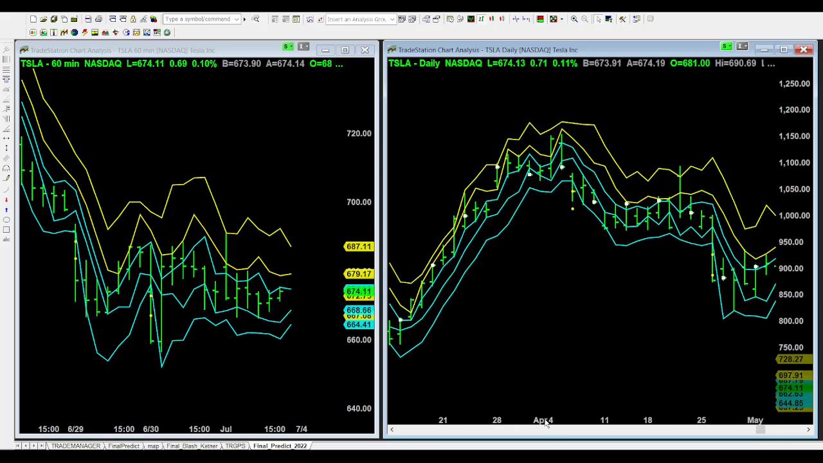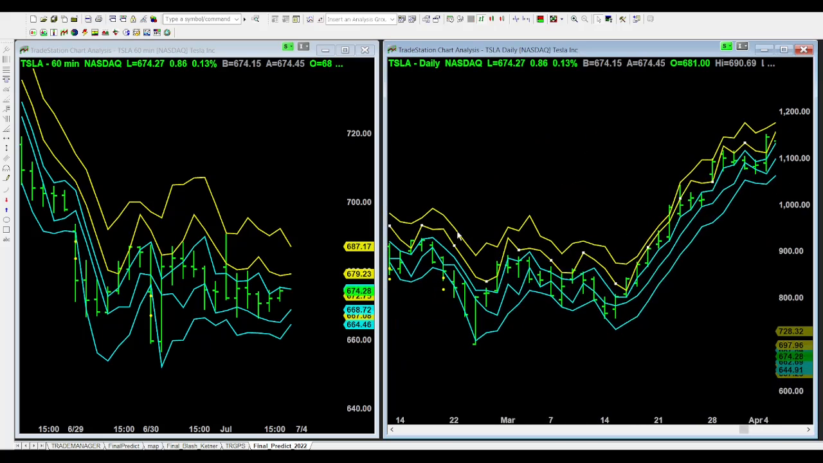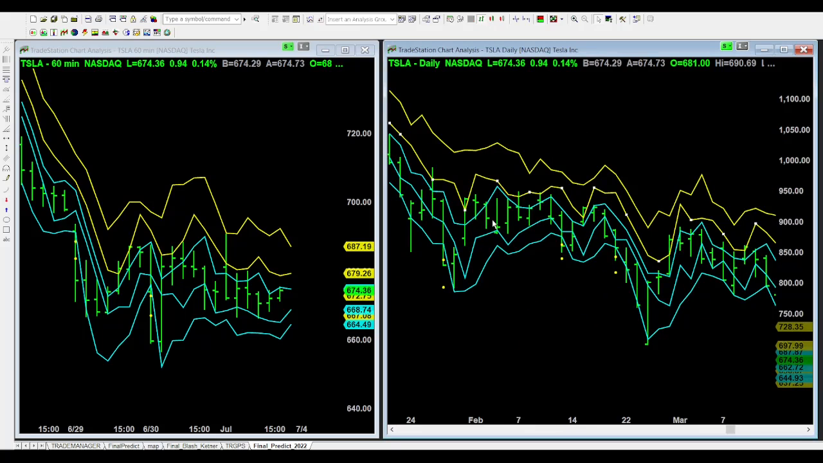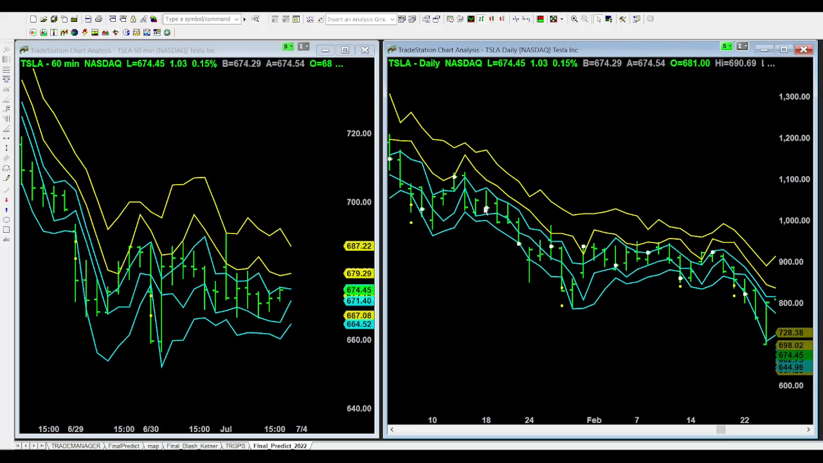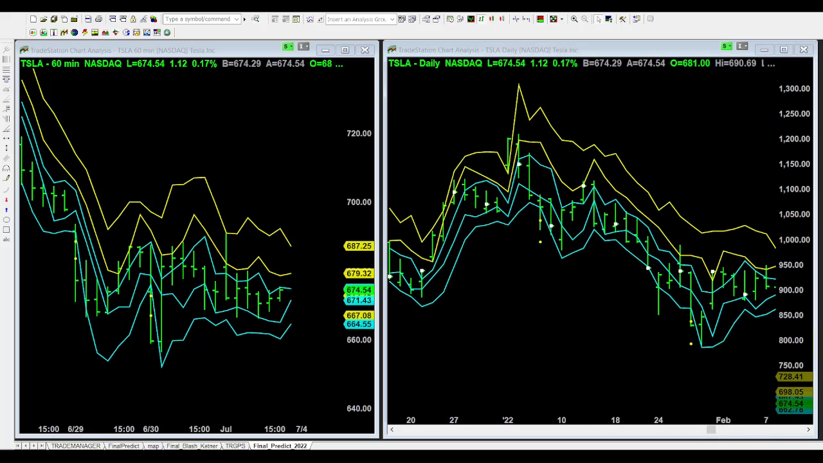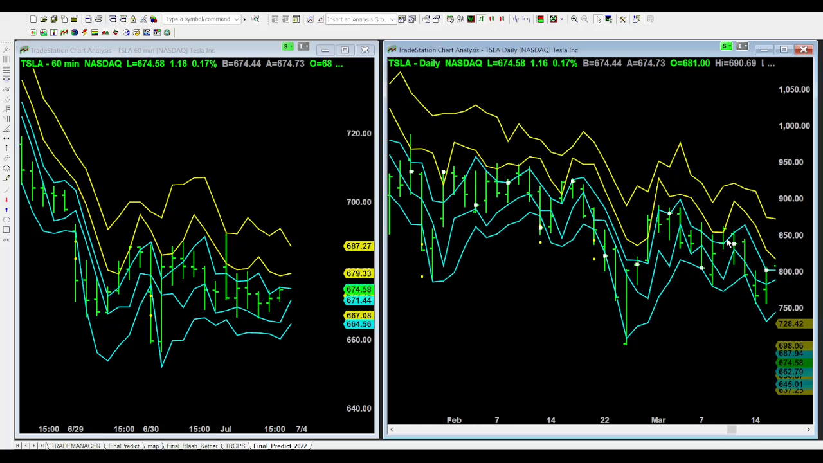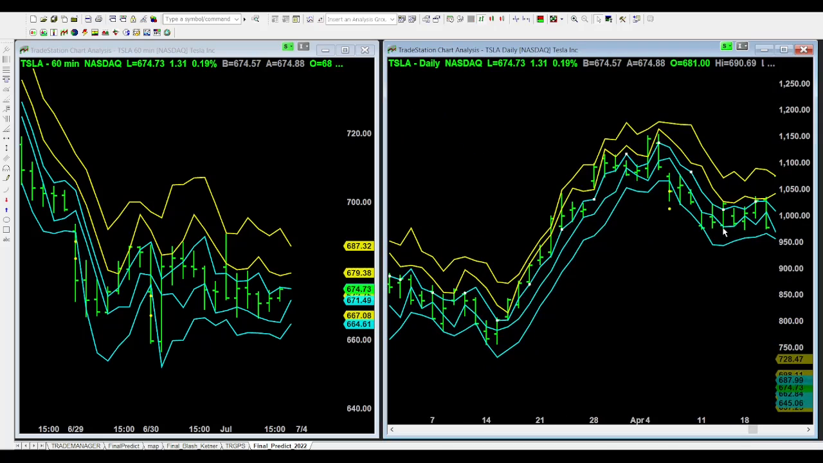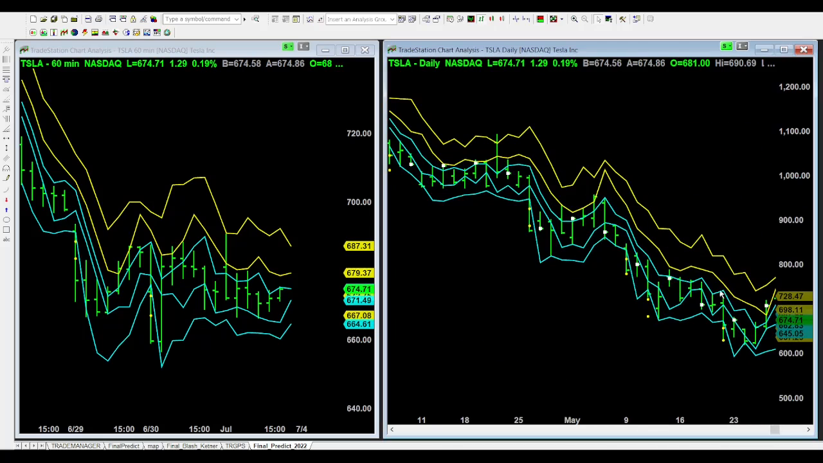So this is April 4th. This is May. If you move to previous times, that's a chart of the real-time data with the stock price. And if you move back to the current time,